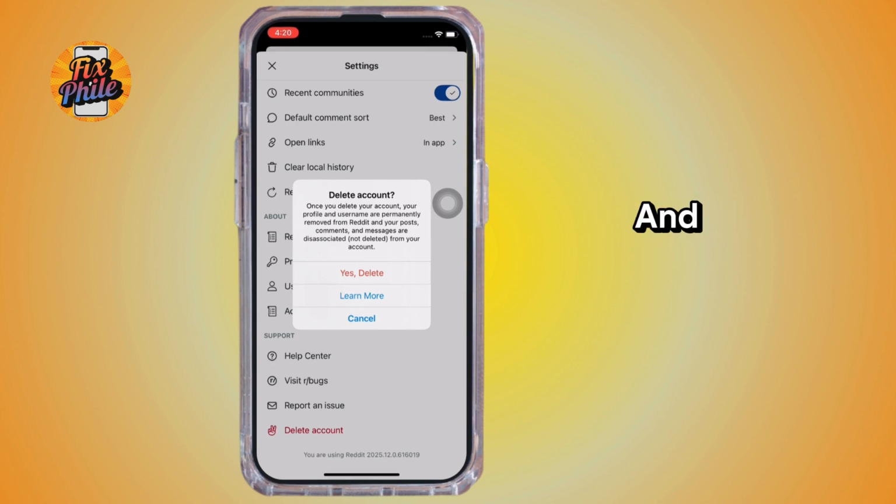Now in the confirmation pop-up that appears, go through the guideline that says, once you delete your account, your profile and username are permanently removed from Reddit and your posts, comments, and messages are disassociated, not deleted, from your account. So if you are sure of deleting your account, tap on the Yes Delete option